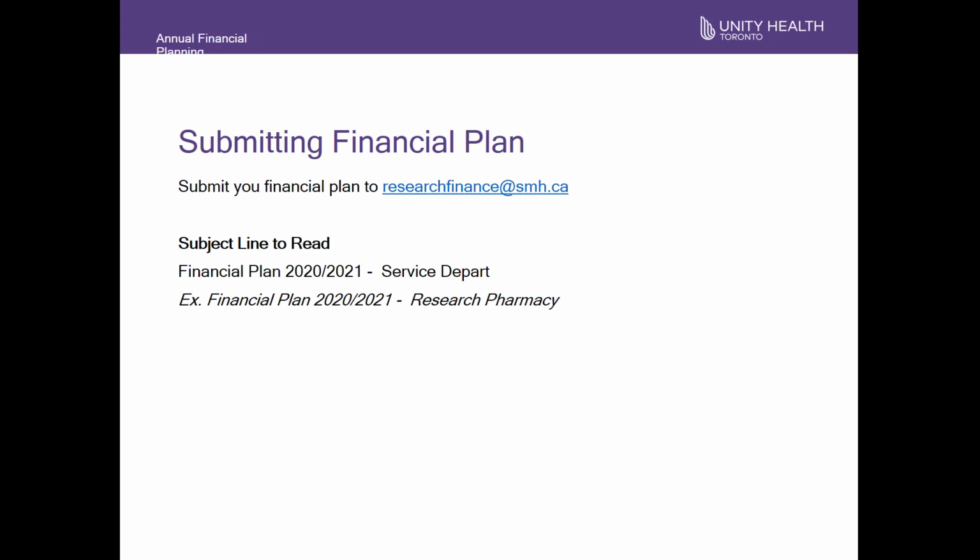Once completed, you can send your completed financial plan to researchfinance@smh.ca. The expected date to be returned back to Research Finance will be mentioned either in this video or the description below this video. As a subject line, when submitting your financial plan, it should read Financial Plan 2020-2021, and your service department. As an example, Research Pharmacy would mention